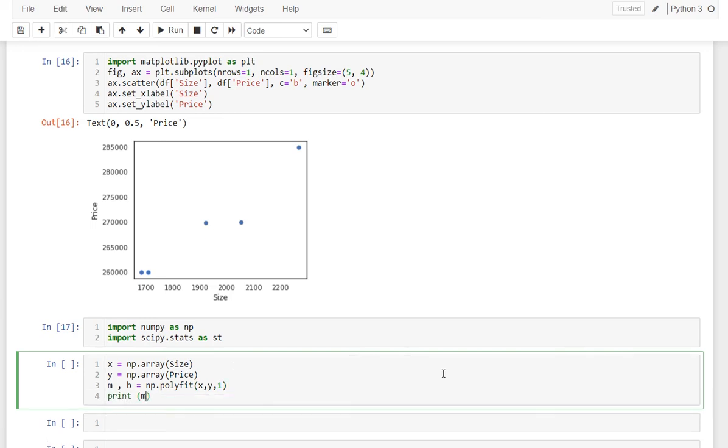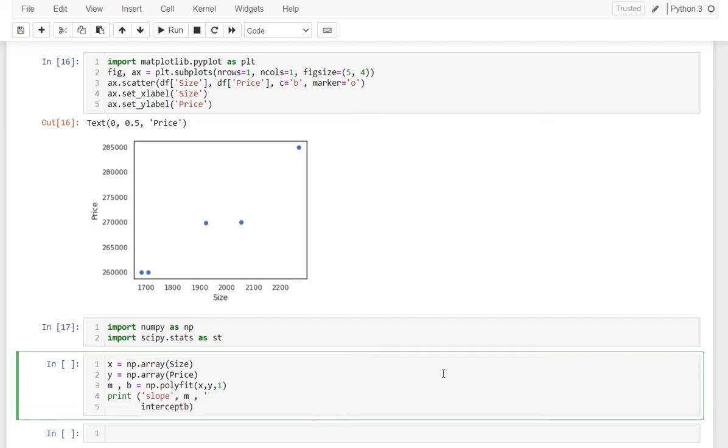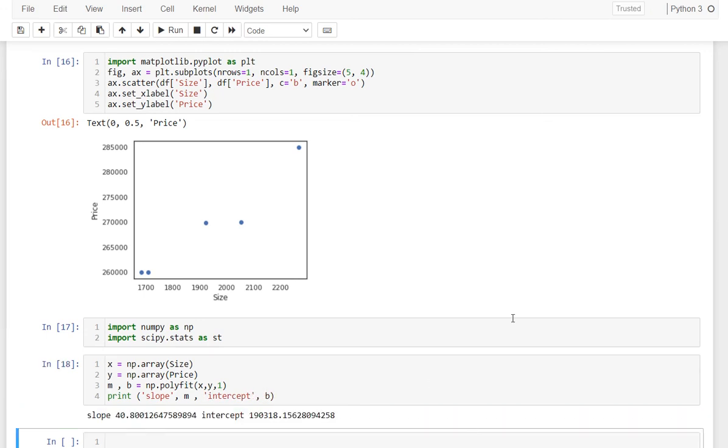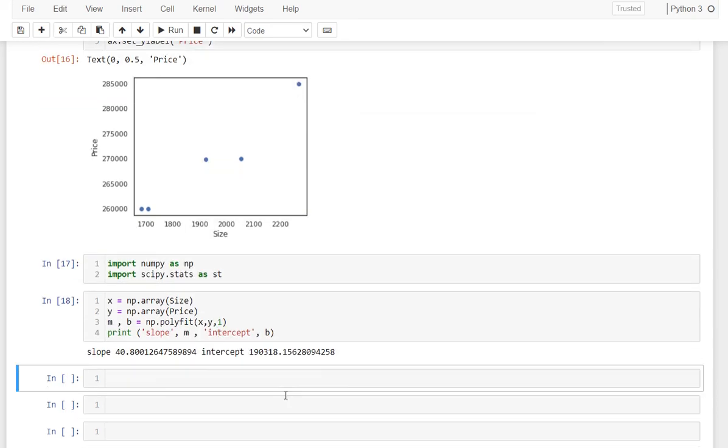Last part, I'm going to print m and b. Right off the bat, I was able to determine my slope and my intercept. Another way is to use my linear regression function